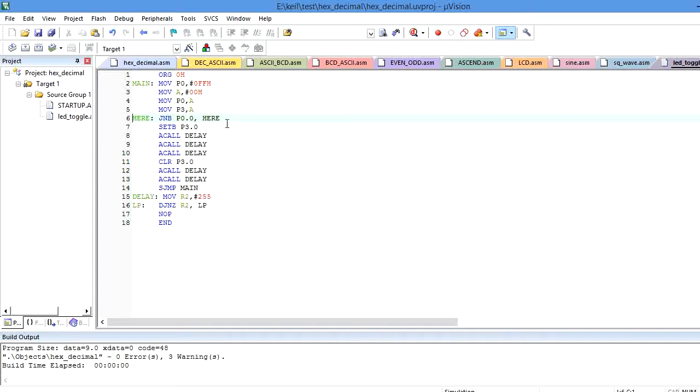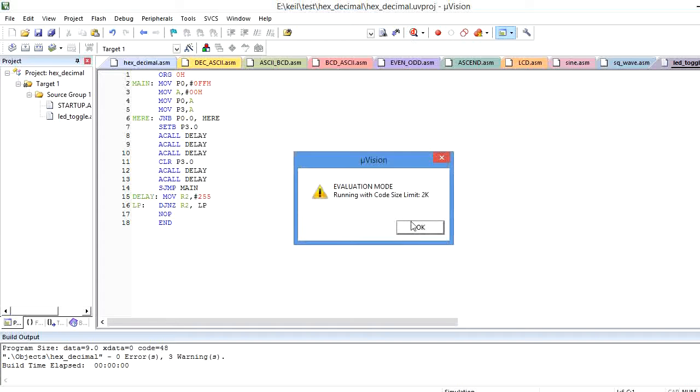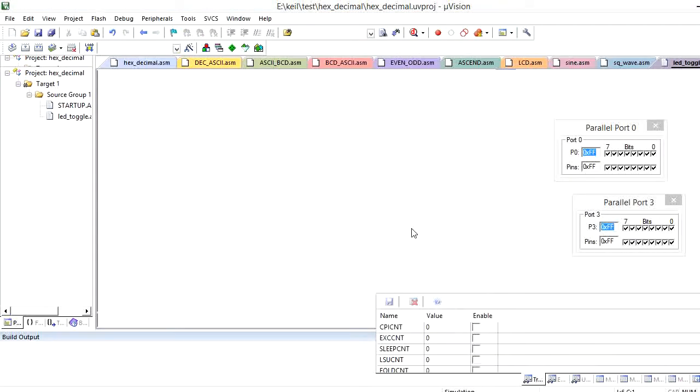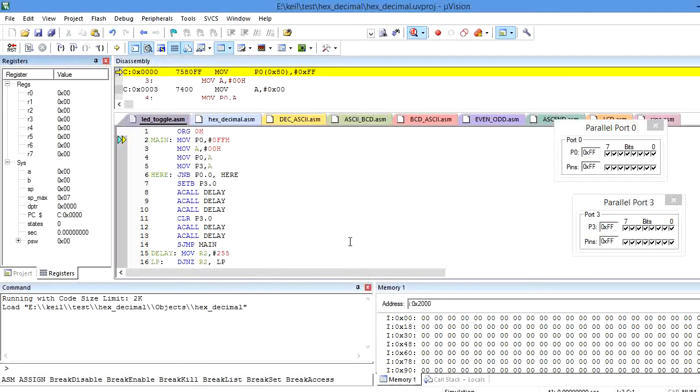Here I have already written the program, that is the application file I called. That application file I added under my project and built the project. So there is no error in my project. Now switch into the debug mode here. Okay, here in the debug mode, let me explain the program.